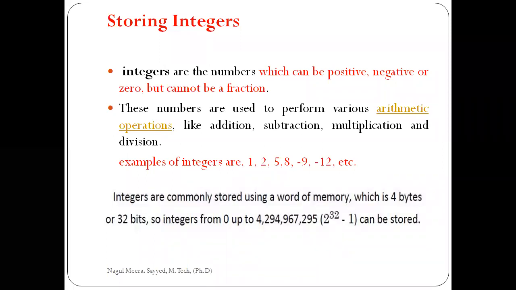Simply, integers are stored using a chunk of memory. In the computer memory, integers are stored using 4 bytes, that is 32 bits. Integers are stored using 4 bytes or 32 bits only. So integers can go from 0 up to this much of number: 4 billion, 294 million, 967 thousand